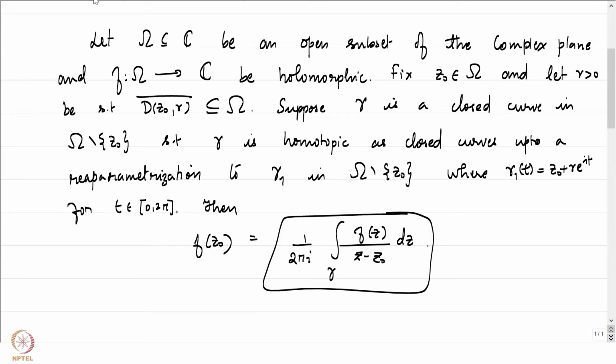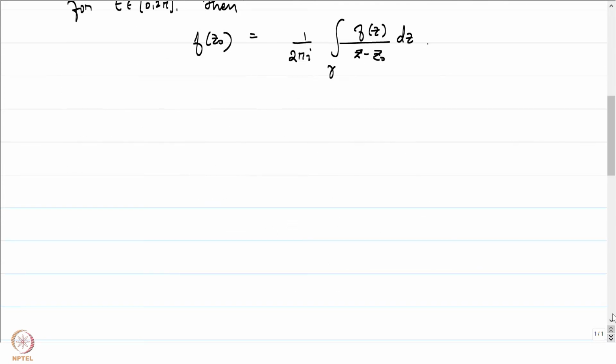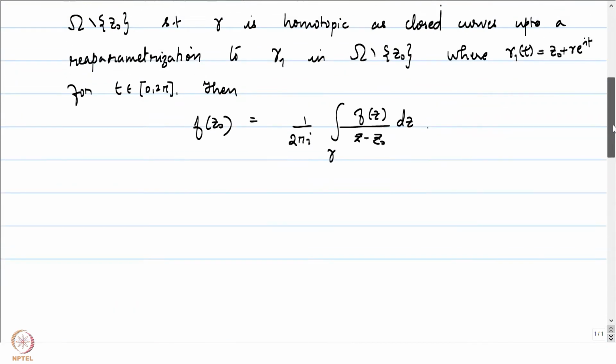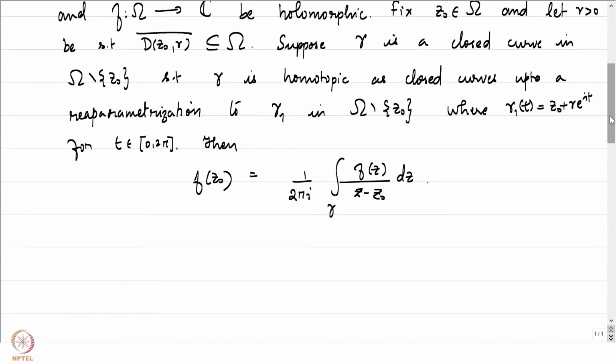This is the type of rigidity that was being referred to earlier. So this in some sense captures the global behavior of the holomorphic function on omega. It's not that we focus at a particular portion of omega and how f behaves there. The function f, when it is defined on omega, has a global nature. Let's prove this statement. The statement is to conclude that f of z0 can be realized as this integral. This integral is many times called the Cauchy integral formula.